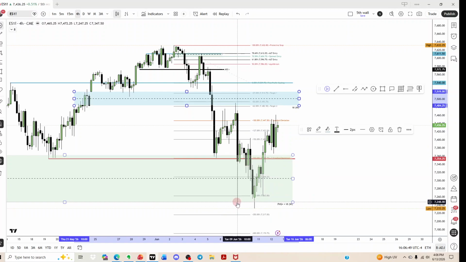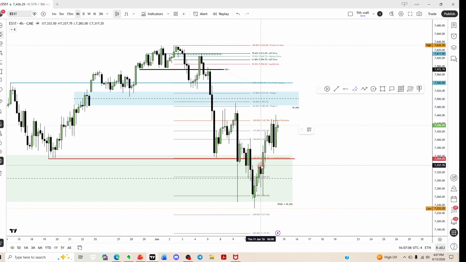Let's see here. So we got a run on stops here, and here running above this high here. I would consider that to be a market structure shift. Then you're looking for a pullback. Got a tiny little fair value gap here. Tiny little fair value gap right here. And then we want to see